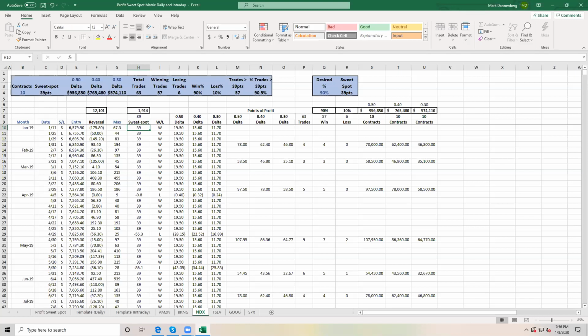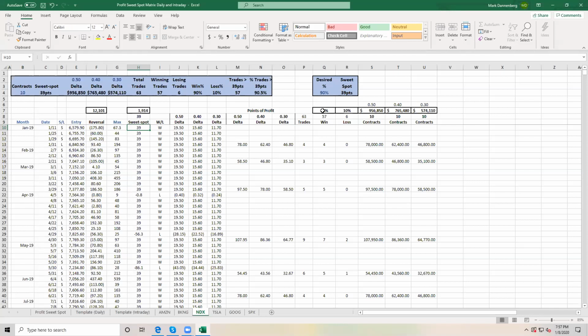In the research that we did, I want to emphasize this again, in the research and look back that we did, it did not assume using a stop on options. It assumed that you're either holding until you exit for a profit based on your sweet spot, or until there is a signal reversal, and you're just checking once a day on that. So these results that I'm showing you, at 90% win rate based on 39 points, that's based on not using a stop. So there are some of these positions that will have a drawdown to them, but as long as you've built enough time to expiration, you should be good.